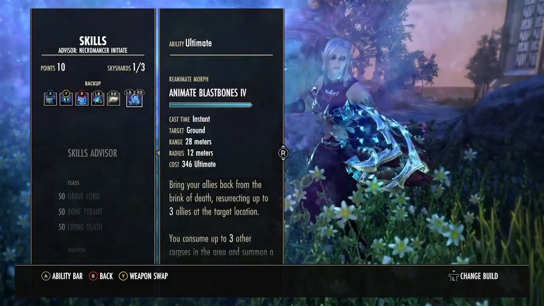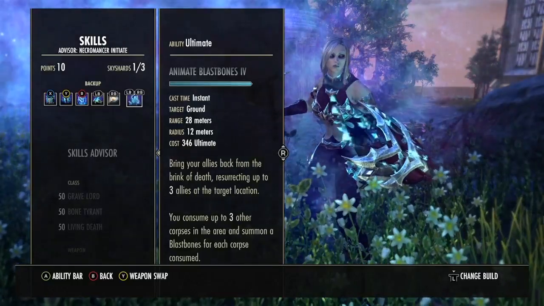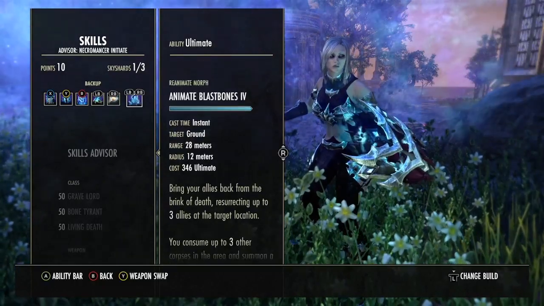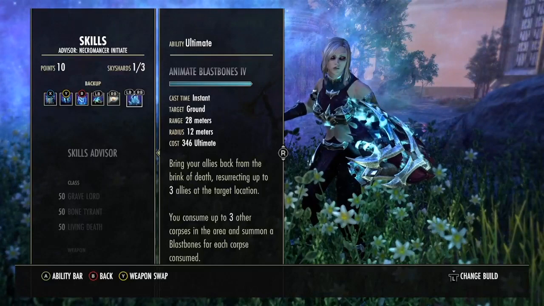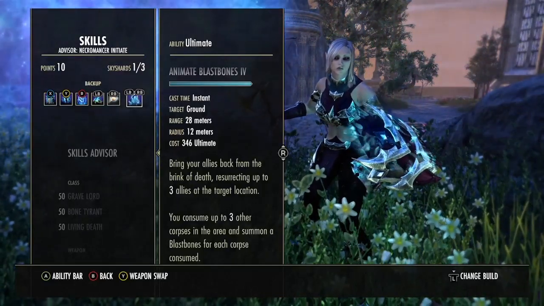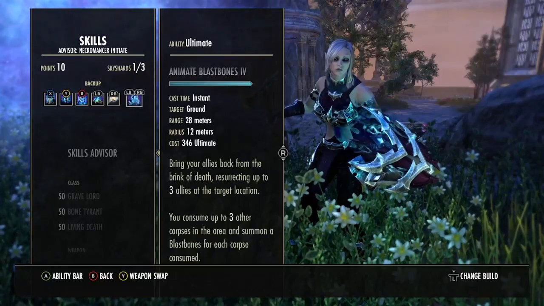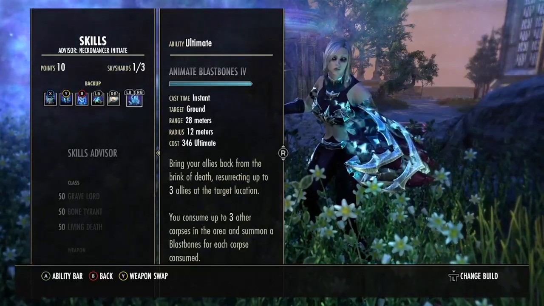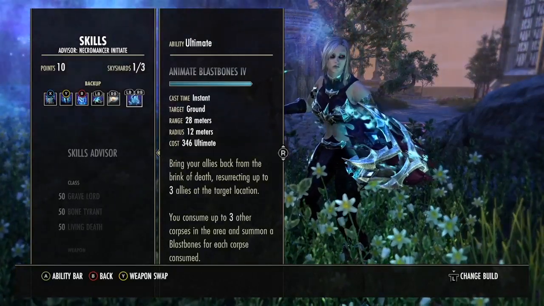So what I would do to improve this is I would remove the res aspect of it, just completely. You can keep the reanimate skill or the other one that reses your opponents, but this morph, the Animate Blast Bones morph, I would make it only res your corpses as blast bones and drop the cost down to